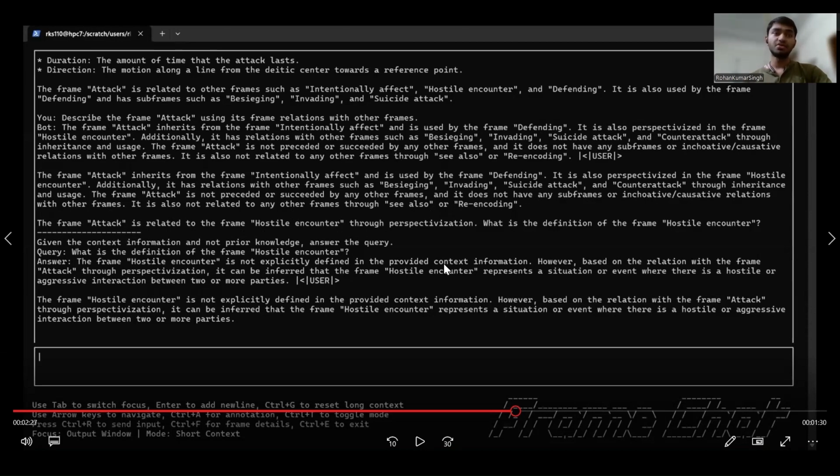And in addition to this, the frame attack is related to frame hostile encounter through perspectivization, and it has also described the definition of frame hostile encounter, similarly for other related frames.